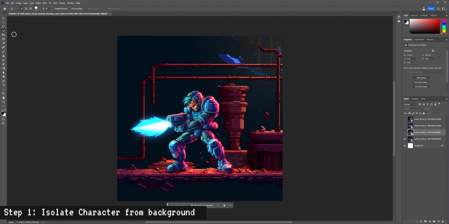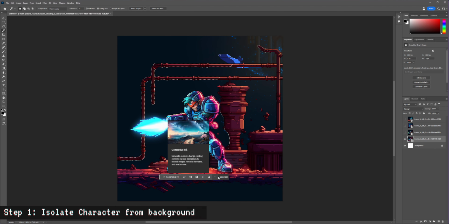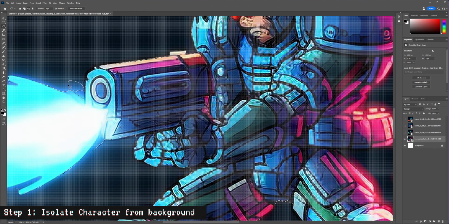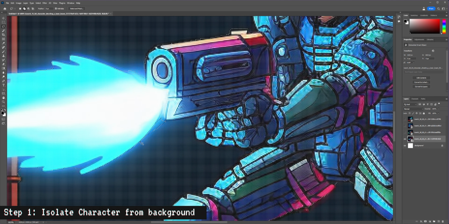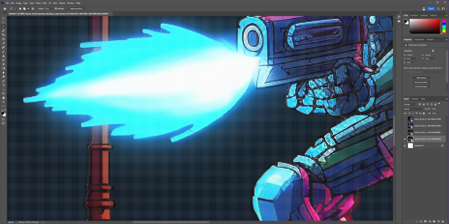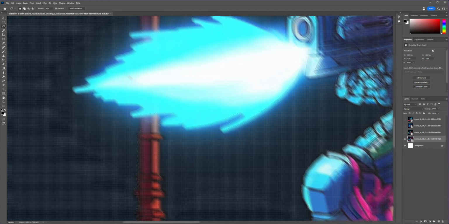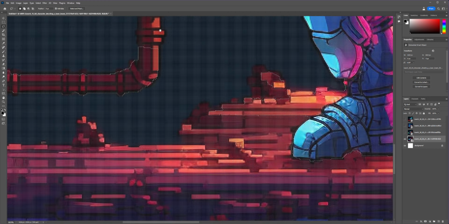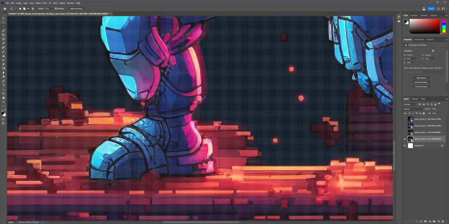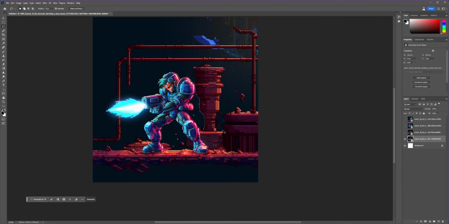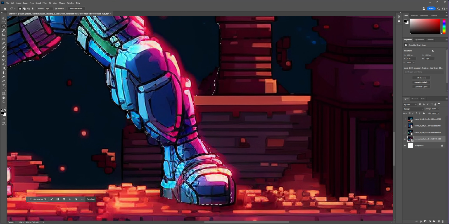And so we started, my producer was going ahead and generating some 16-bit kind of character ideas in MidJourney and gave me his selects that he wanted me to kind of choose from and work with. So I chose the two that I liked the most. One I preferred the background from, and the other I liked the character more from. The others I either didn't like the character as much, thought they were too detailed, or really did not like